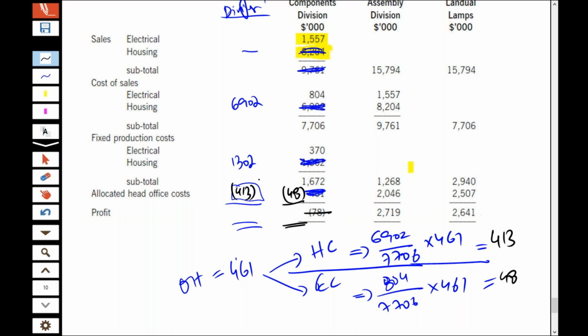So resultingly what happens is, since all of this is cost, this is going to be a loss making division of 8617. This division would have what? 1557 less 804 less 370 less 48 gives you 335. This would remain unchanged, this would remain unchanged. Now, if we could just sum up what we have discussed,